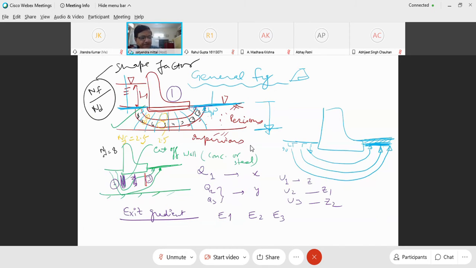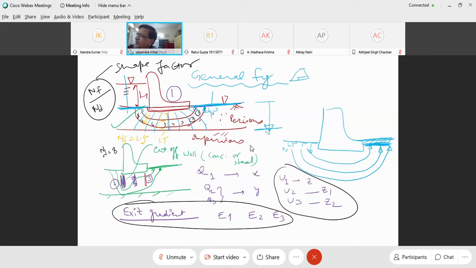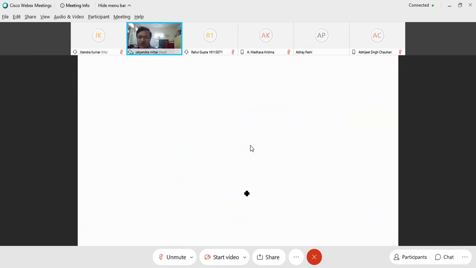Depending upon the scale chosen by you, it can be the same also, but the uplift pressure U and the exit gradient will be different. But for the discharge, I have told you, in the first case it will be something different from the second and third. In the second and third, discharge may be the same. Now, why? Let us try to understand the discharge.